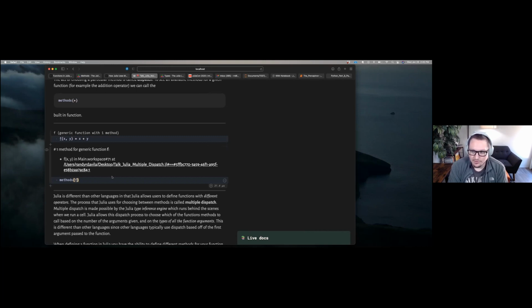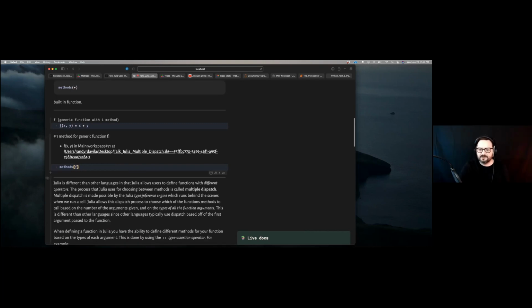If the types are integers, right, you could do something different. And you can define a function with the same name, but that has different types of arguments or even a different number of arguments, and it becomes what's called a method of that function. On that note, we should probably mention that the act of choosing that method